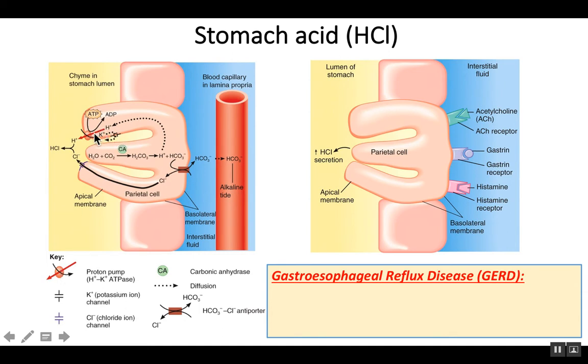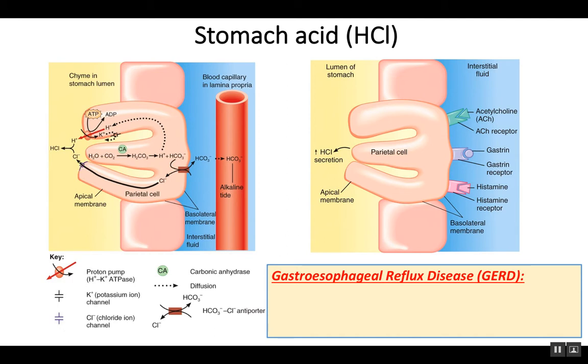The proton pumps actually move the protons, or the hydrogen ions, from within the parietal cell into the lumen of the stomach. And it actually exchanges those hydrogen ions for potassium ions. Following the movement of these hydrogen ions are chloride ions through a different channel in the membrane of the parietal